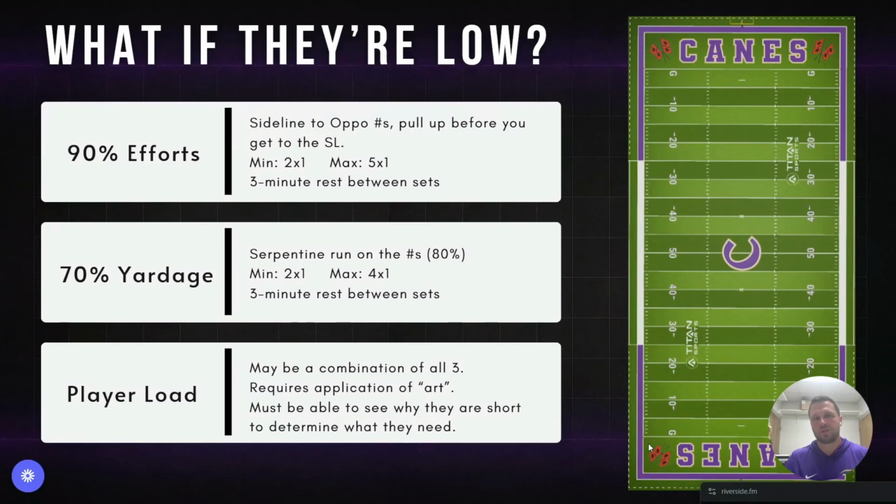One of the biggest questions I get is, what if they're low? This is where some of the art of the coaching practices come into play. Here are a few examples of some of the interventions that we do if our players are short on certain values throughout the week. If an athlete is short on 90% efforts for the week, that sprint count over 90%,